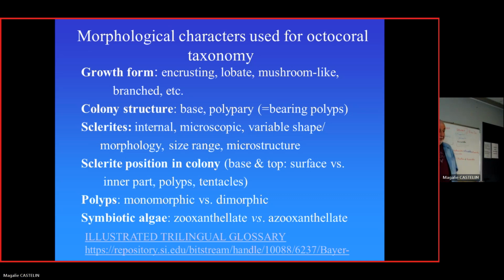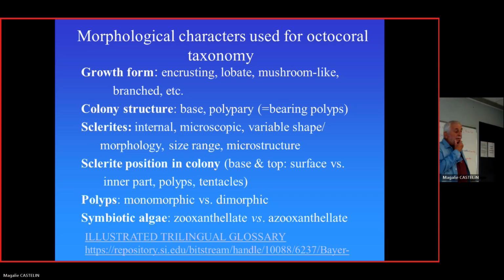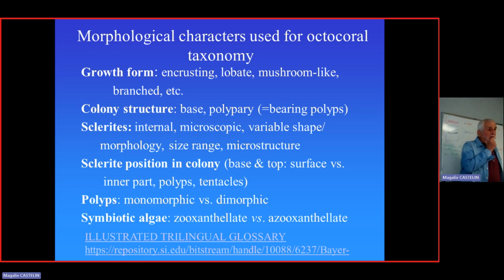power microscopy. The sclerite position in the colony is critical for identification and recognizing the taxa. It's either the base of the colony, the top of the colony, the outer surface of the colony, what some people call skin, but there is no skin here. It's just the outer surface. The inner part, polyps and tentacles. And the last two, polyps and tentacles, normally are small, tiny sclerites that in most old descriptions were not depicted